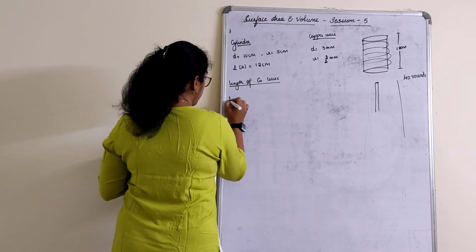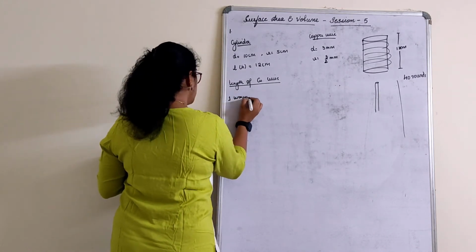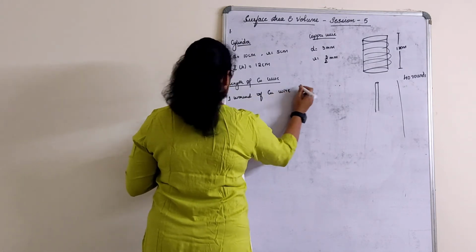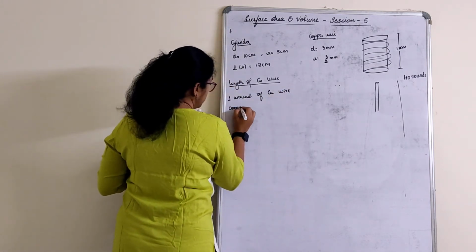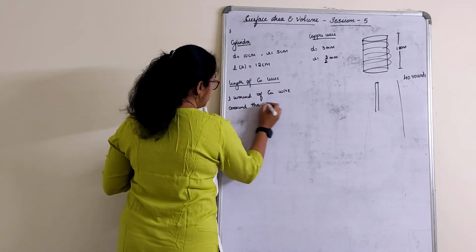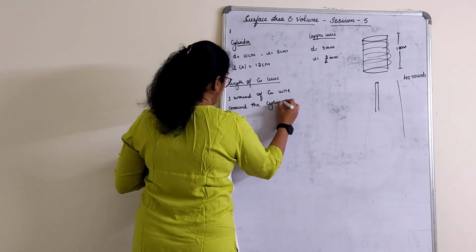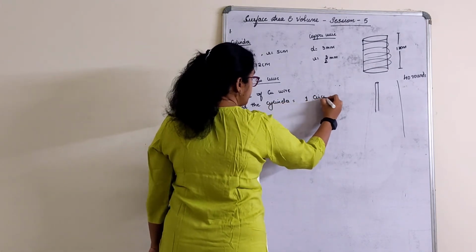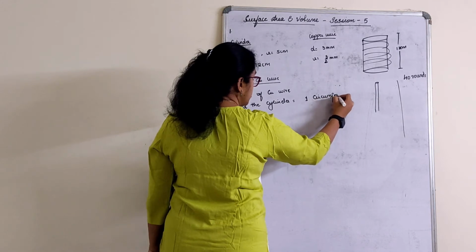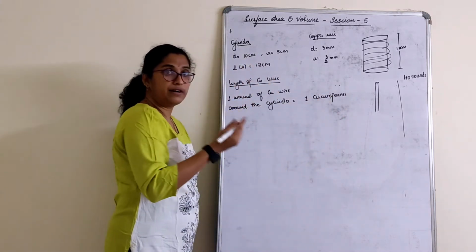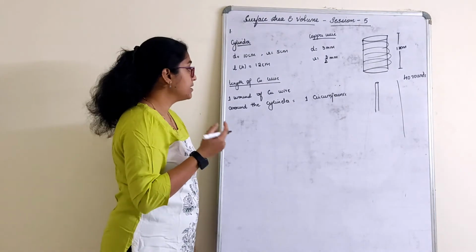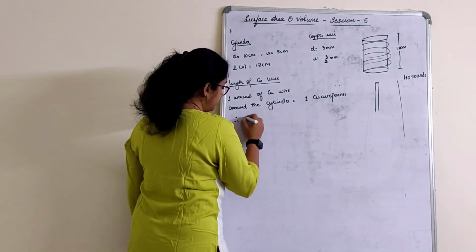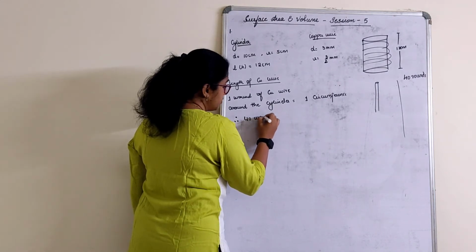So, one wound of copper wire around the cylinder is equal to 1 circumference. Correct? One round of the wire will cover 1 circumference. How many rounds am I doing? 40 rounds. Therefore, 40 wounds,